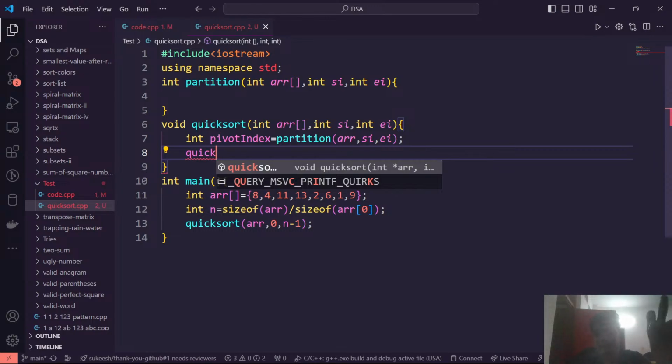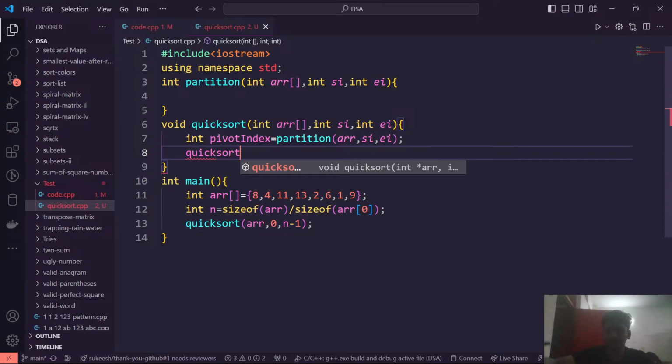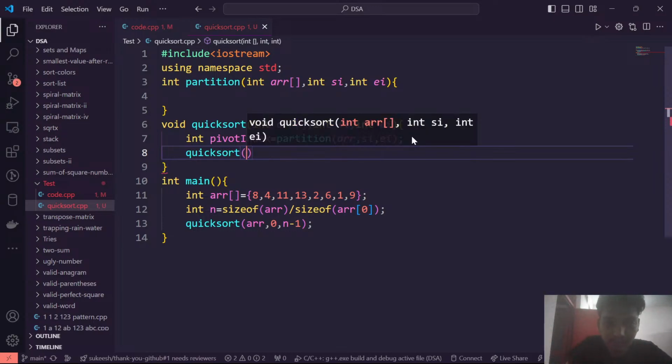So for that pivot we are searching the pivot index of that element where it should be in the array. After getting the index, now I will be applying quick sort on the left half of the pivot index and the right half of the index. So apply quick sort over the left half. First here also I will be passing the array, and the starting will be from 0 to